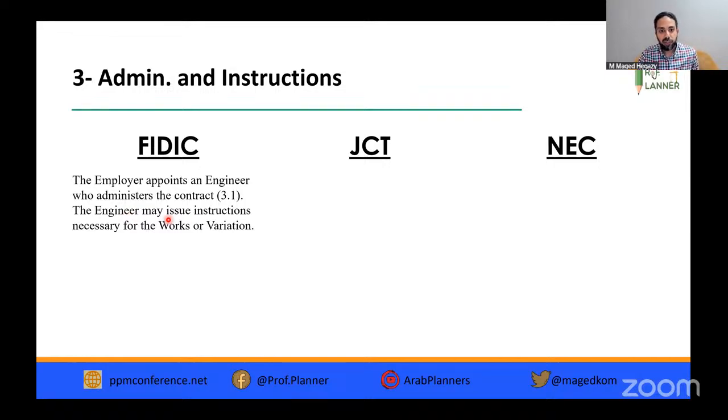The engineer may issue instructions necessary for works or variation. So in case of variation, they may issue this instruction on behalf of the employer. They issue notices and other communication, and notices and communication between the parties shall be in writing